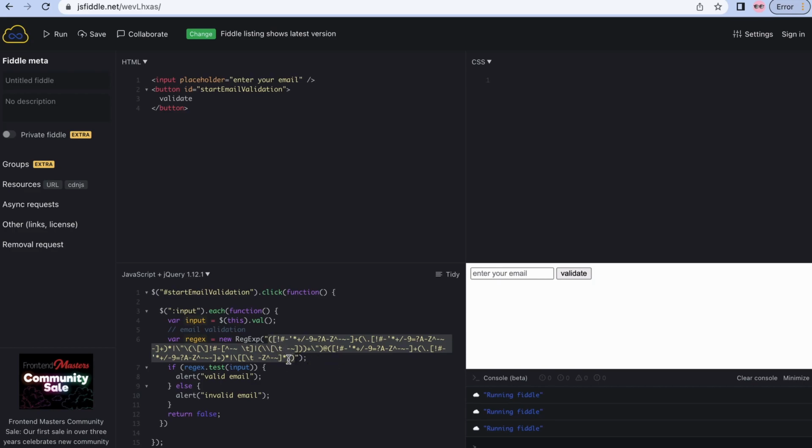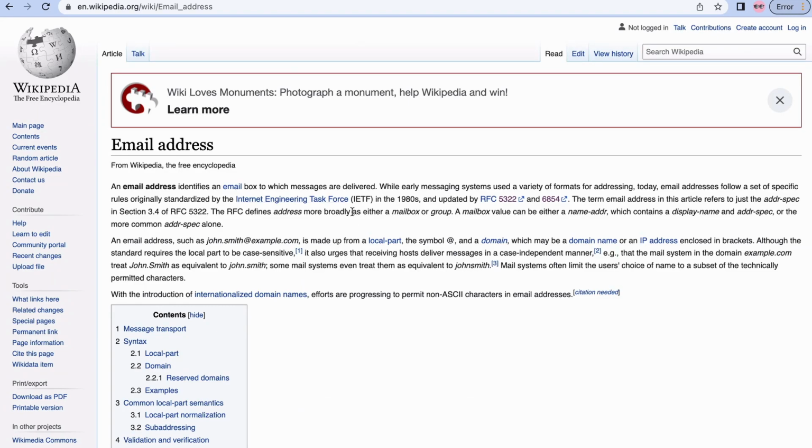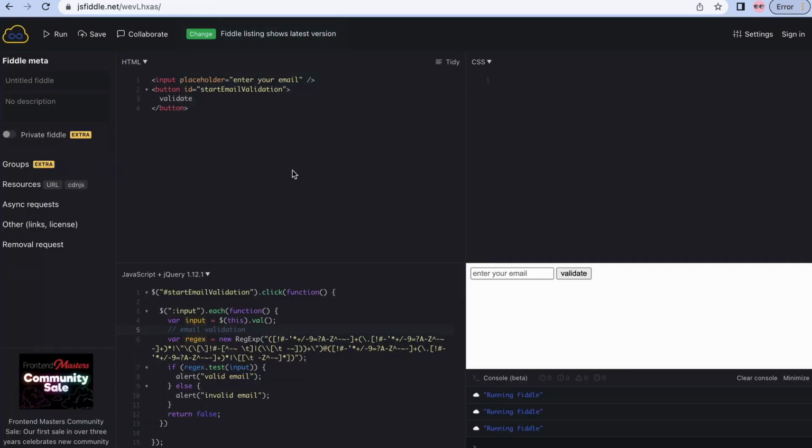This regular expression may look a little overwhelming right now, but this matches with different RFCs that are proposed by the Internet Engineering Task Force. If you want to go to the details of these RFCs, you can go to the email addresses entry of Wikipedia and go through these RFCs. But let's come back to regular expressions and look at how this regular expression is being matched against the text